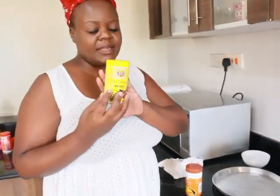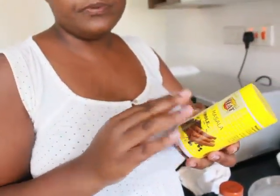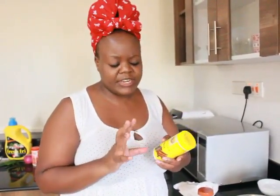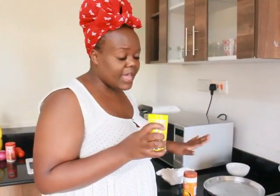So we're going to add in the whole pilau masala. So in this, people tend to burn. I don't know how to say. Is it burning on a pan? I don't really know the term to use. But people put it in a pan and fry it, then use it. But me, since I'm using both of them, I'm just going to add a little of this, then add major